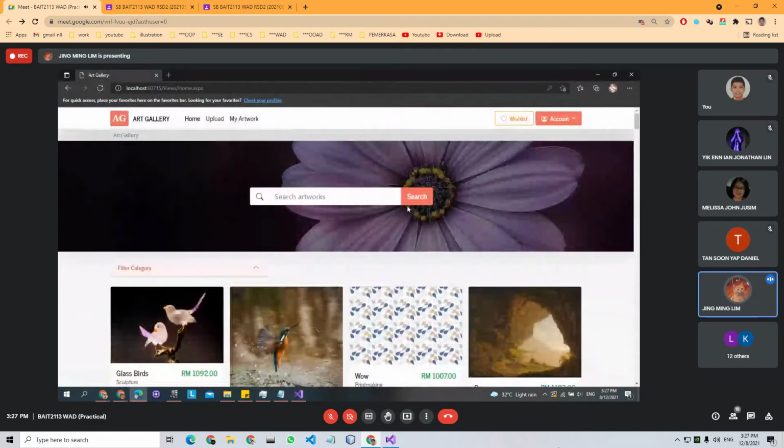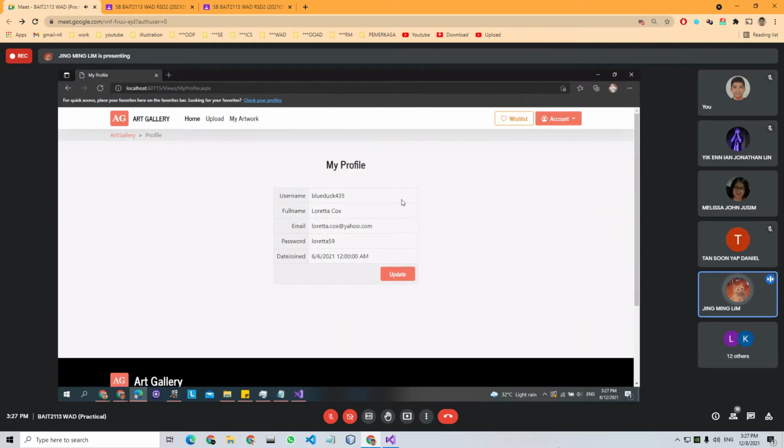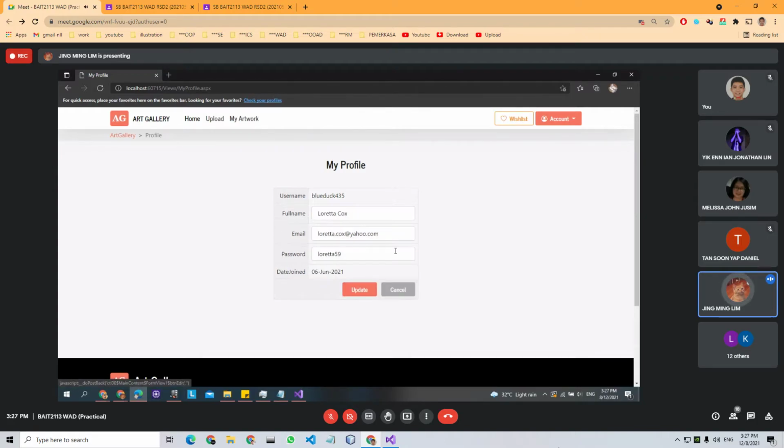Okay, let's just say I'm logged in already. I'm the user who created my account just now. So let's head to my profile, and now I try to view my profile details. I want to update my name. The username and date of birth cannot be updated because they're set and cannot be changed. This is what a normal website would do. So this one I change to king. This one, let's say 123. The password change to